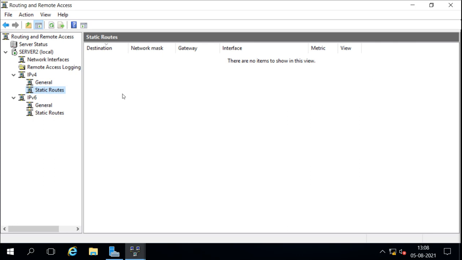If we have multiple routers connected, multiple subnets, and we are connecting multiple subnets with different routing and remote access servers, then we have to configure the routes, static routes, or even in the static we can configure the dynamic route also. Right now we are only connecting two different LANs, so we don't have to do anything. It is doing it automatically. Now we will check whether it is working or not.